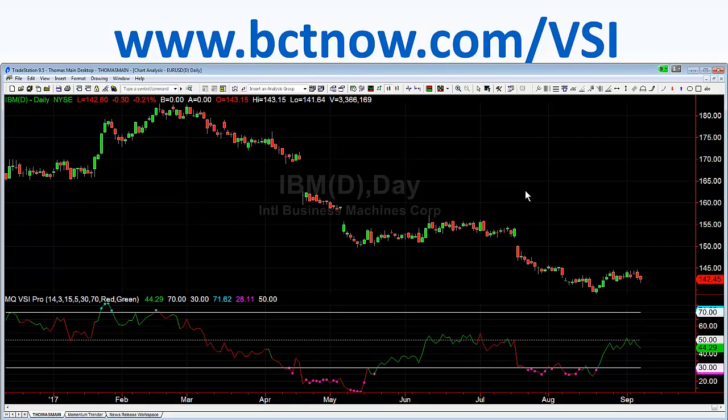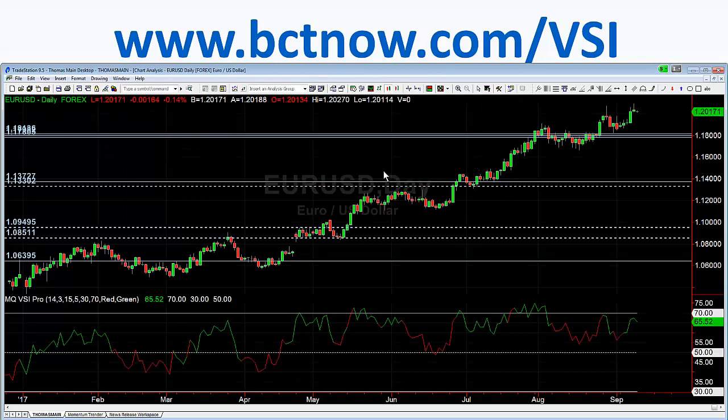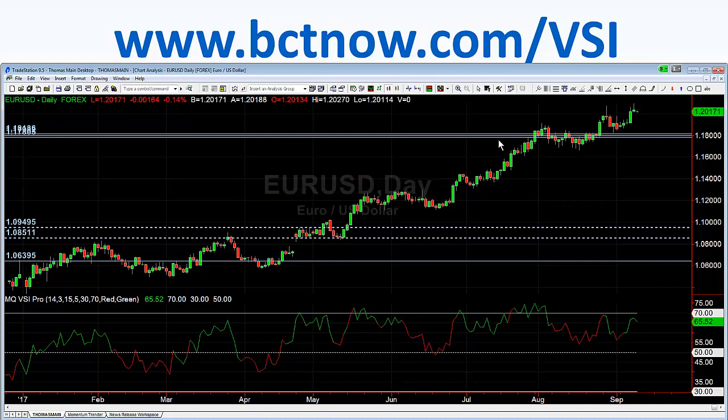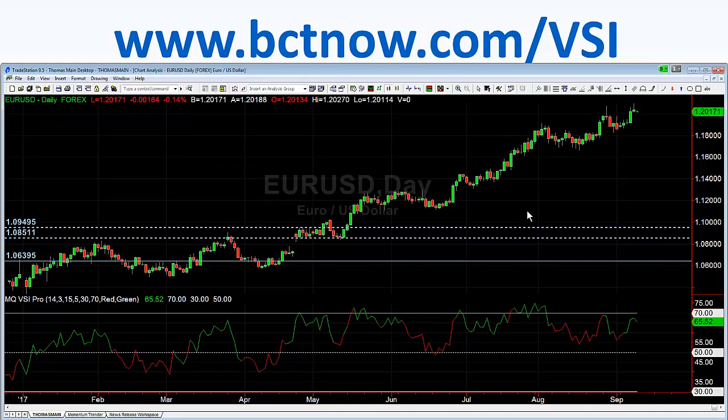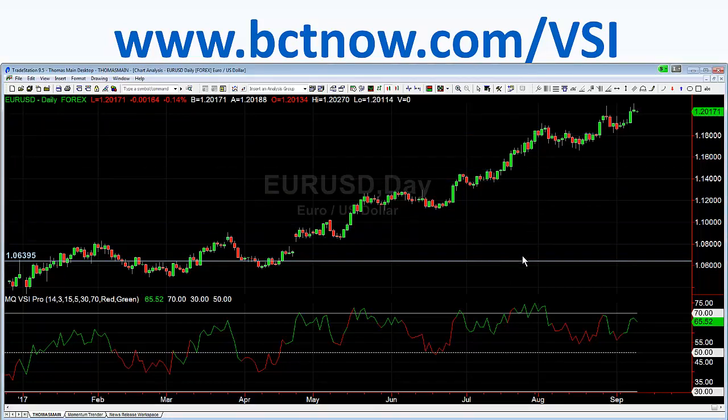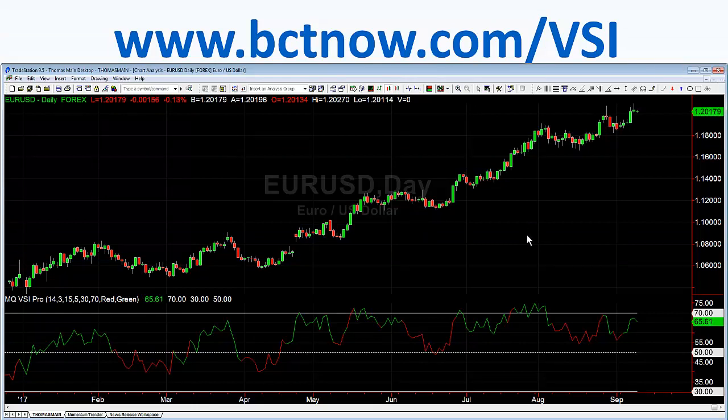Dave, can we look at the Euro US dollar? Sure. Here's the Euro US dollar. There's no volume. Now, that's a good question. For spot Forex, there's no volume in Forex. So you cannot look at a Forex market and say it's a volume confirmed reversal. So keep that in mind. It's not going to give you that volume component, because there is no volume component. But the retracement line tests have worked really, really well for trend following.